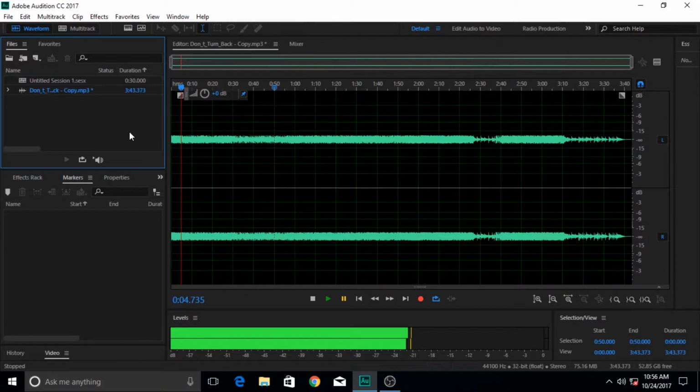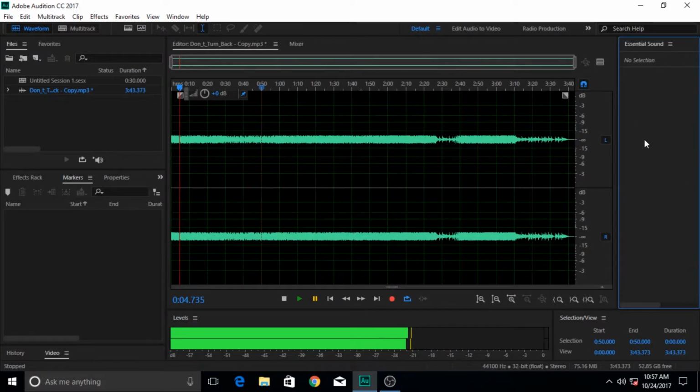If I push keyboard shortcuts, whether they will apply the change or not depends on that. If I am working here in the markers panel, and I use a certain keyboard shortcut, suppose one associated with the essential sound panel, it might not take place, or it might not work. So this line is a very good indication of which panel is active at the moment.